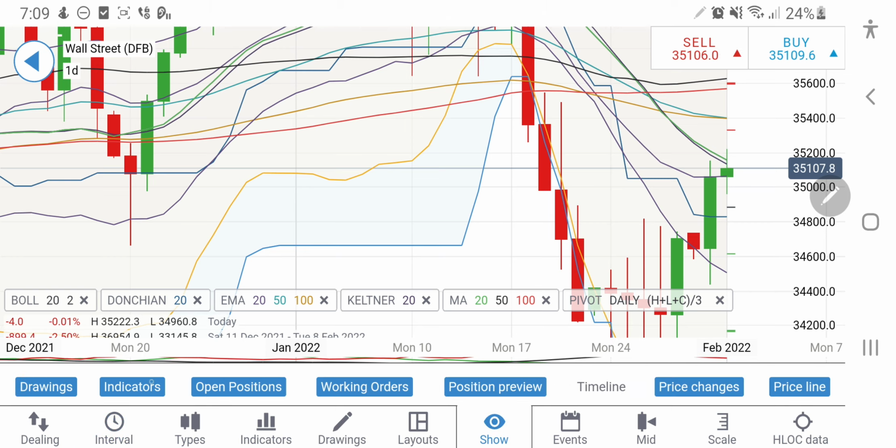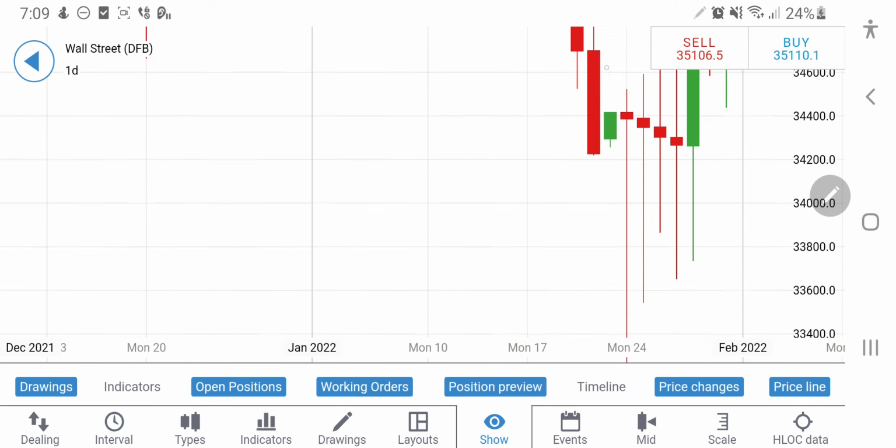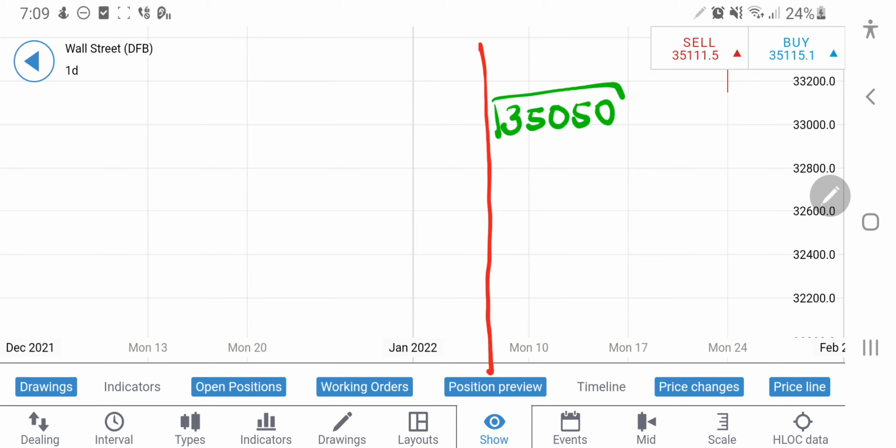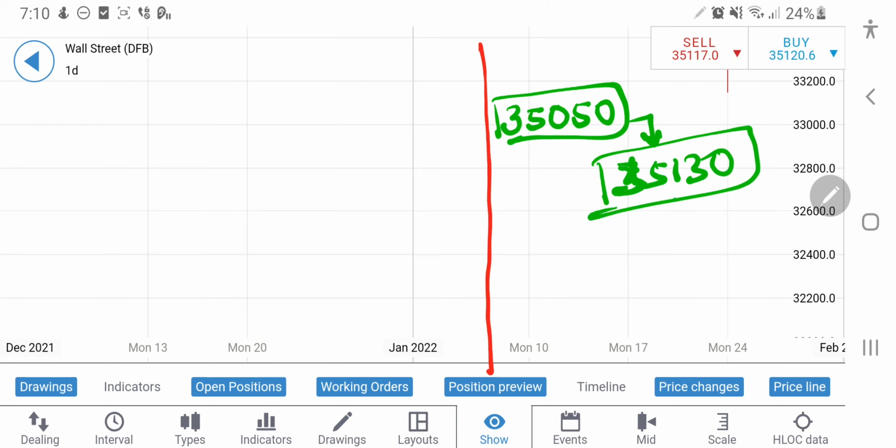So considering this, let me give you the levels for the day, and those who have listened to the commentary must have understood what I am trying to say. So till the time it is above, I'll say 35,050, one can remain long. One can expect it to rise towards 35,130, the first resistance, then 35,180,